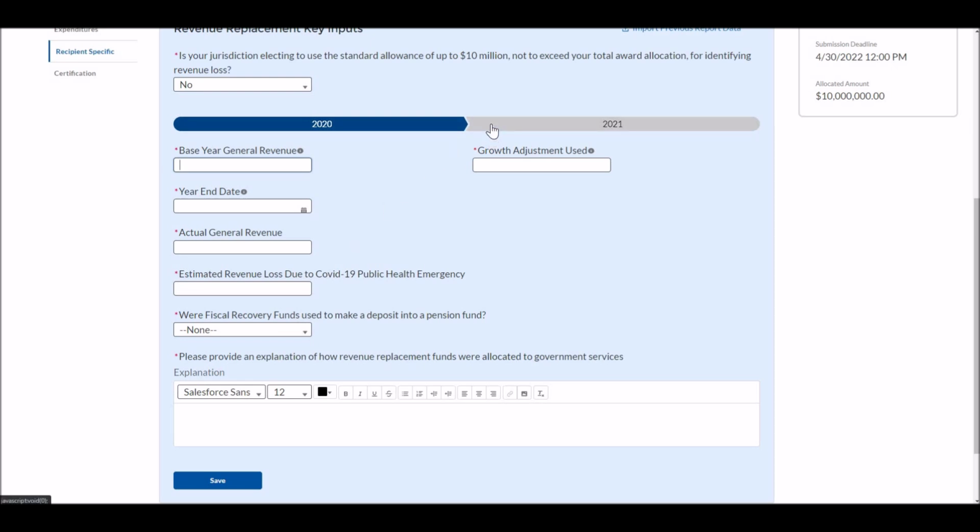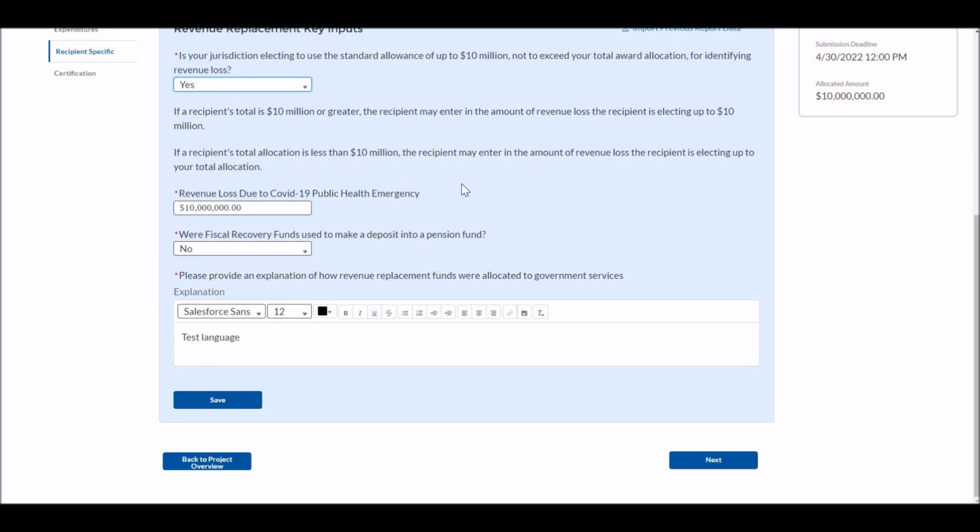So that's important when you're doing the calculation for how much revenue loss you're able to submit costs against on your project's overview. If you are selecting no to the standard allowance, the sum of your 2020 and 2021 estimated revenue loss is the maximum that you can report obligations and expenditures against. So in this case, again, we're going to just say yes to the standard allowance. The standard allowance is a one-time decision, and we've already entered in the amount of $10 million. I can click Next,